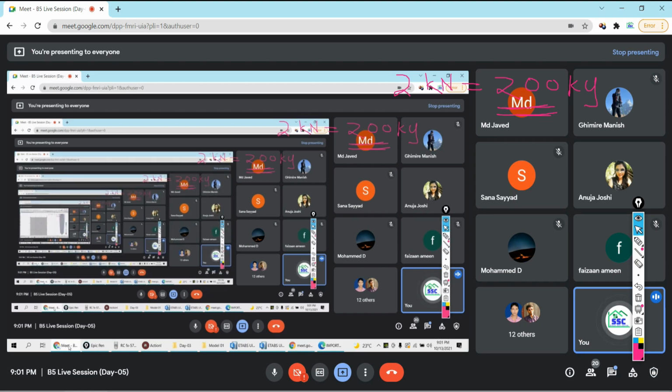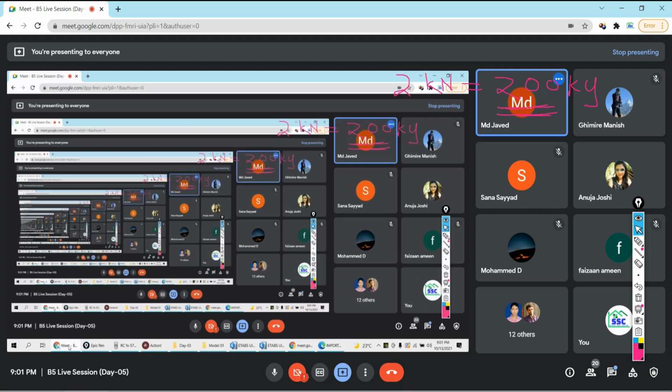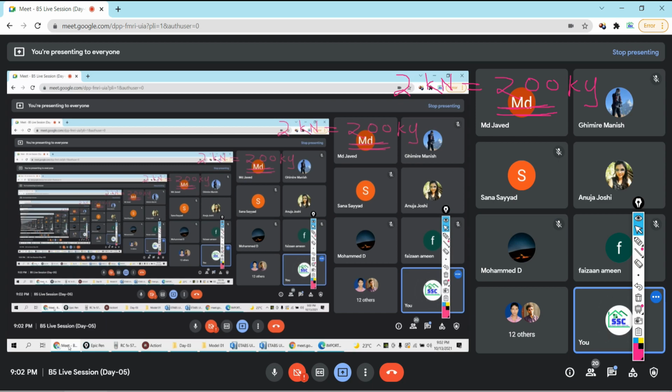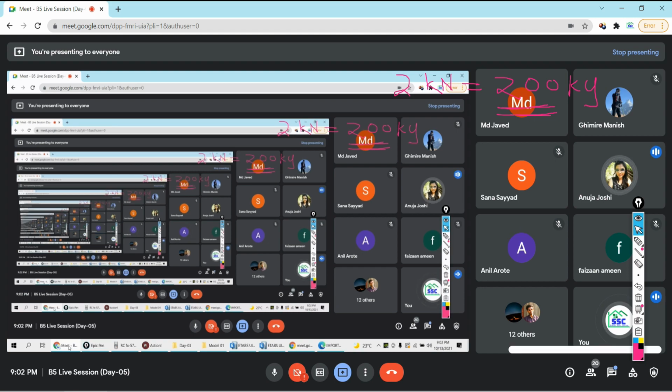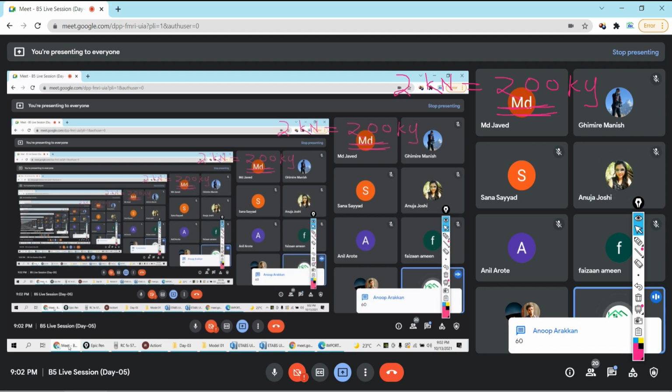Can you tell me the average weight of one person? Anuja, 60. Normal weight is between 50 to 60 kg. Okay. Anyone else?